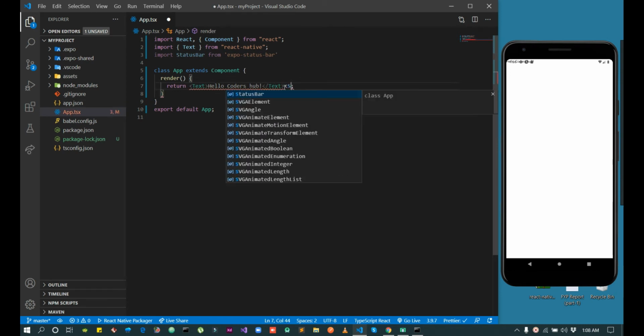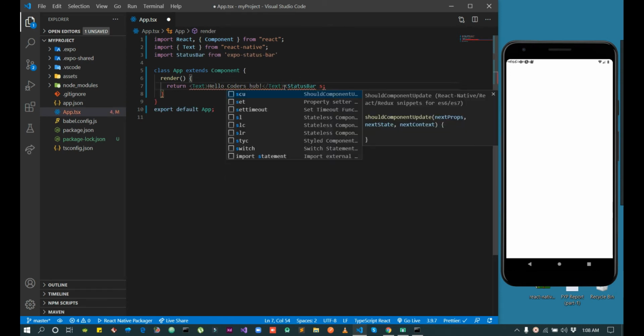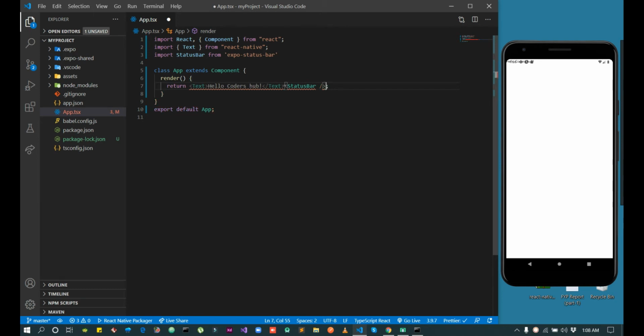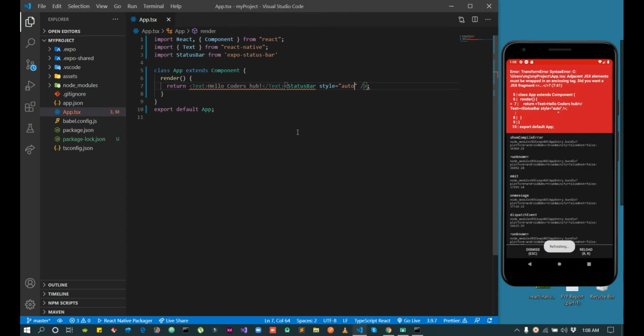When we use StatusBar and give it the style, which is auto, and we save, we get an error, because we can return only one element. So there is a solution.